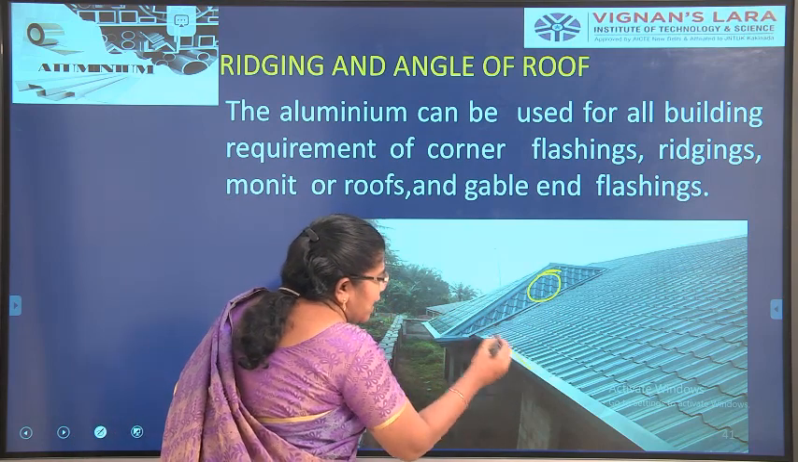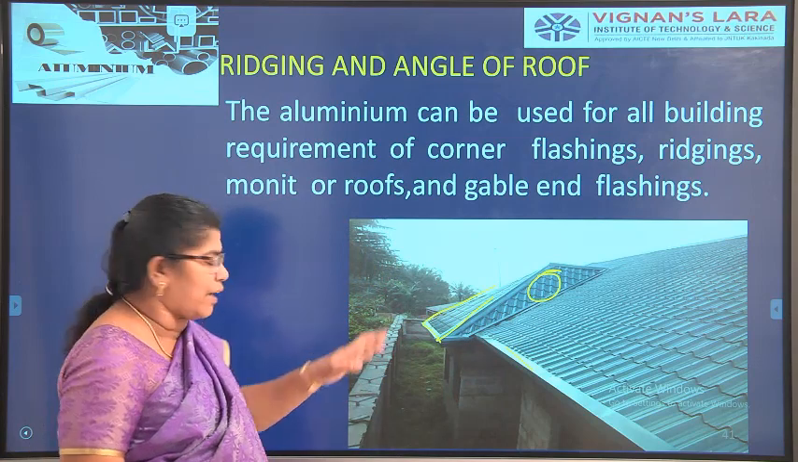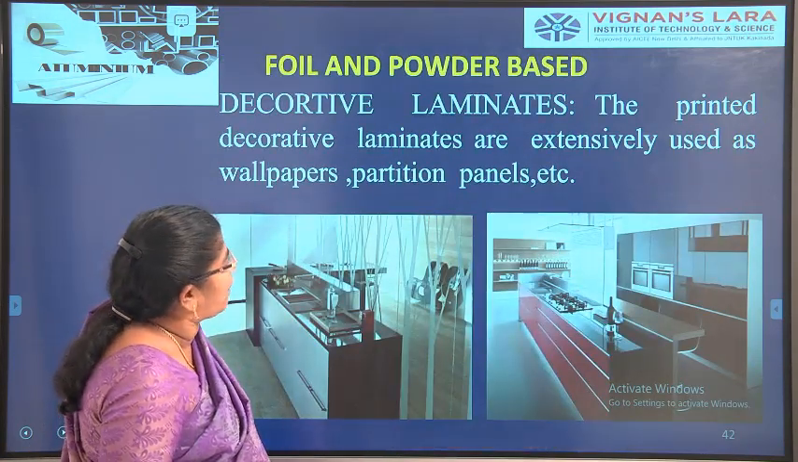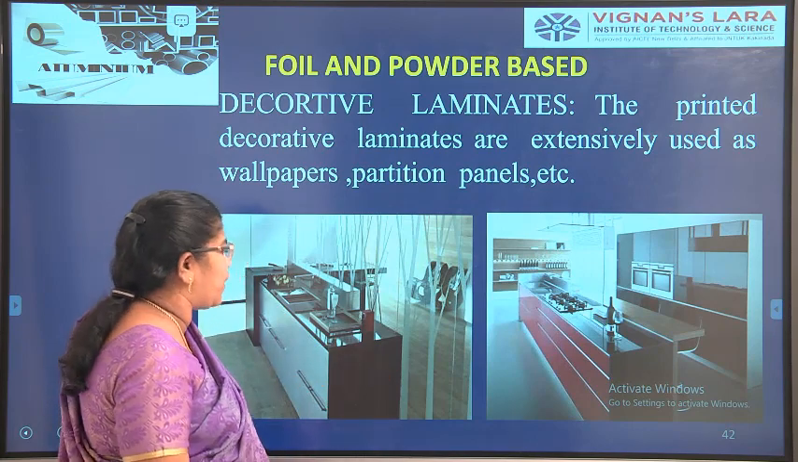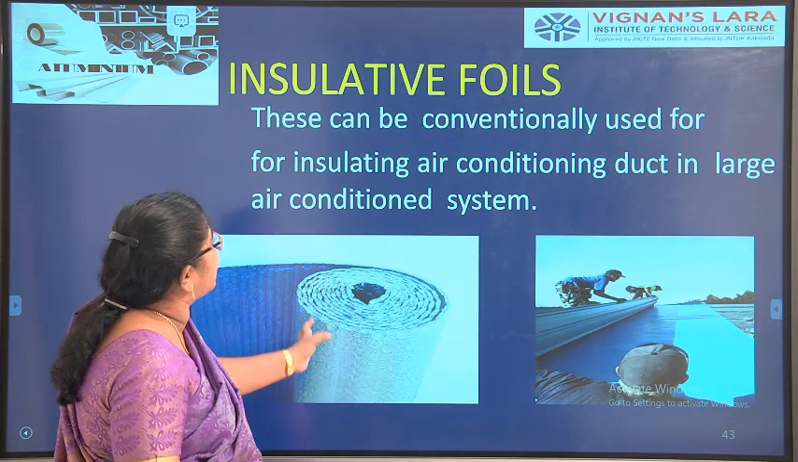We can use this as the aluminum, and in between we will have the glass panels, or we will have the roofing panels. Even the panels may be of aluminum. And foil and the powder, I told you, we are using the powder in the paints, and foil we are using. This is the insulation